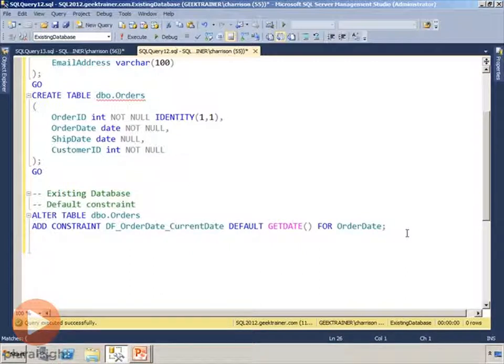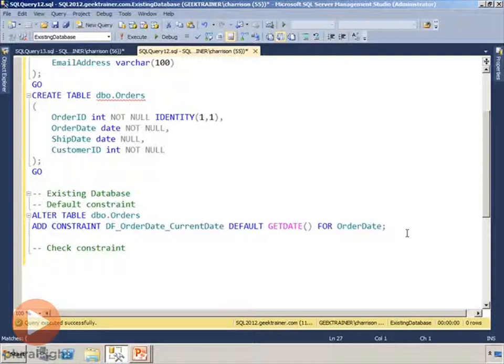There we go. And let's say this is going to be our check constraint. What I wanted to do is ensure that our order date is less than or equal to our ship date, or that the ship date is null. What I'm trying to simulate is that if the ship date is null, that's telling us the product hasn't been shipped. If the ship date is a value, then it obviously needs to be after or equal to